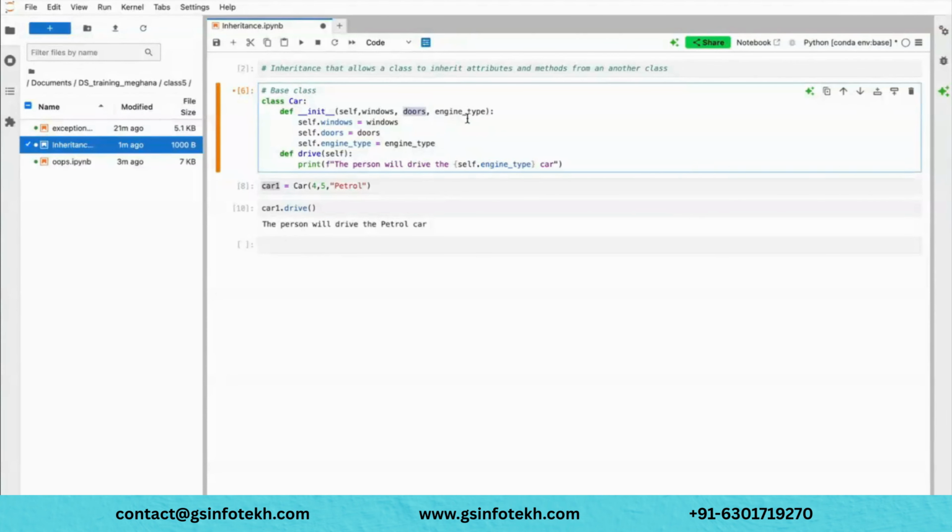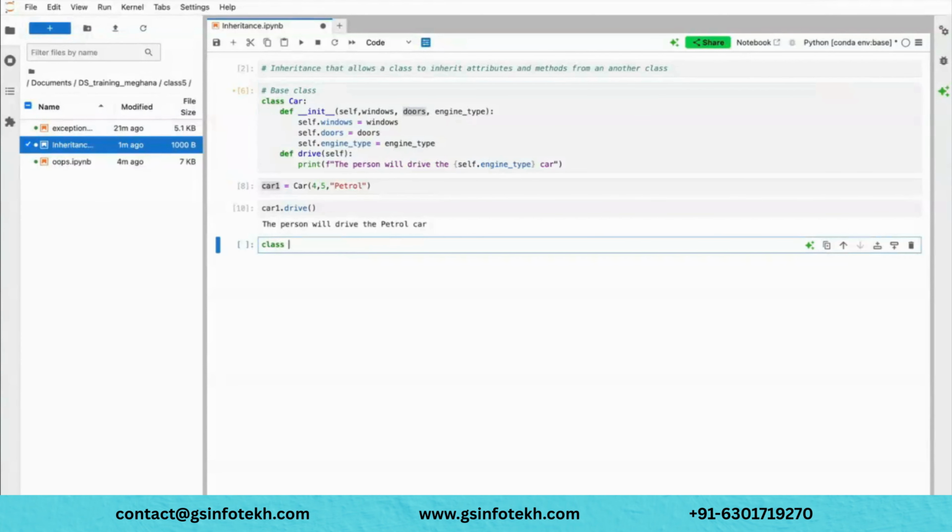So I don't need to write all these steps again in any other classes. Let's say I'm building another class called Tesla, and here I'm writing it this way. Let me write it and then I will explain so that it will be easy for you to understand. Int, and here I will write self, windows, doors, engine type, is self-driving. These are the parameters. Now, this self-driving is the only new parameter, correct? All the others are old parameters.